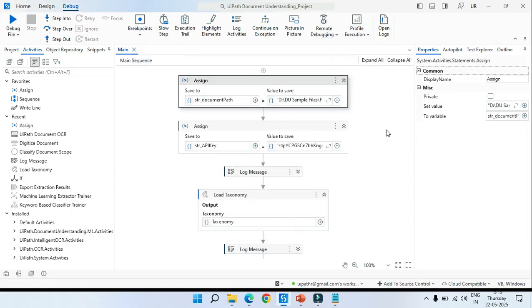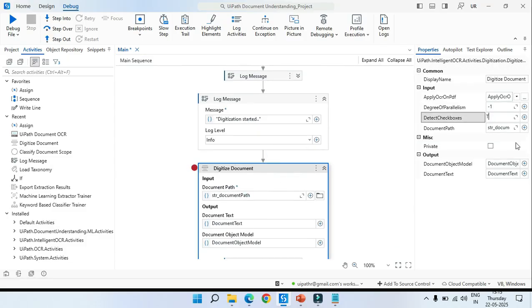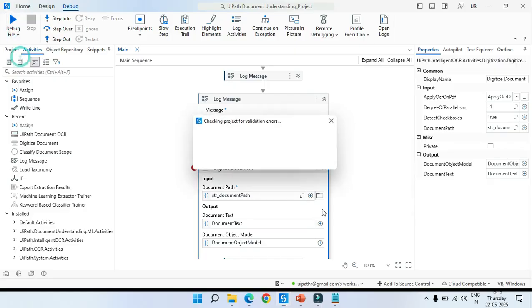So this time we'll work on a PNG file, and then we'll set it here. Detect checkbox is true, correct? And then we'll keep this to auto itself. We'll debug again.